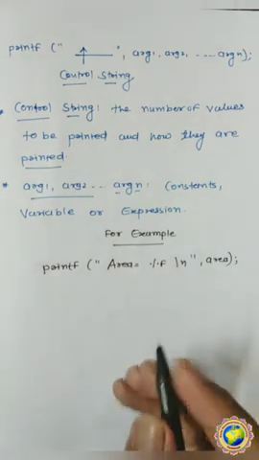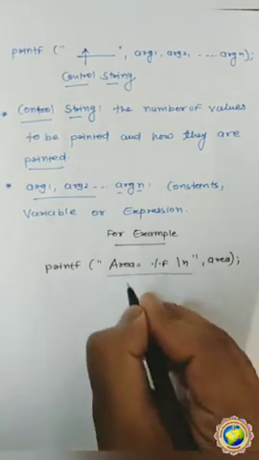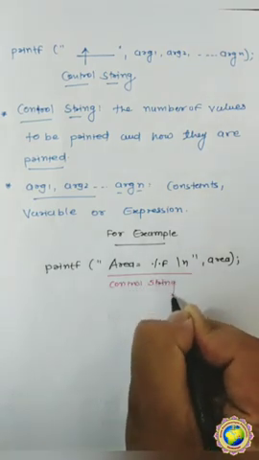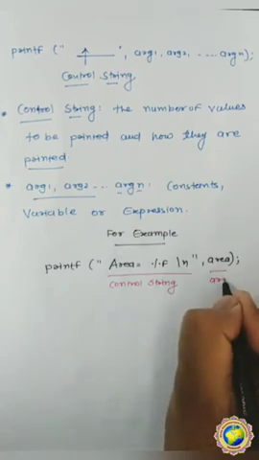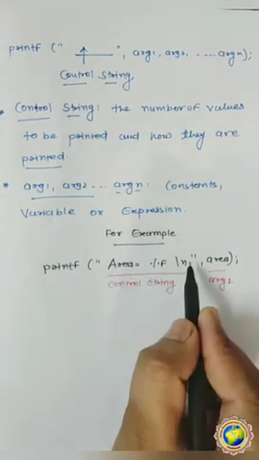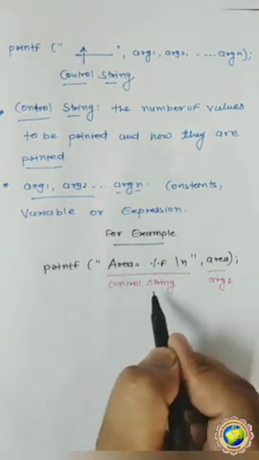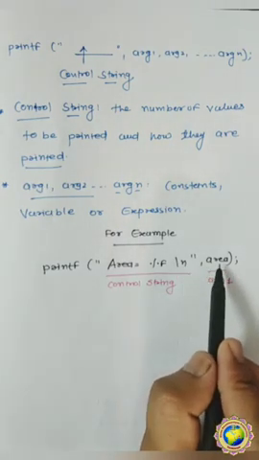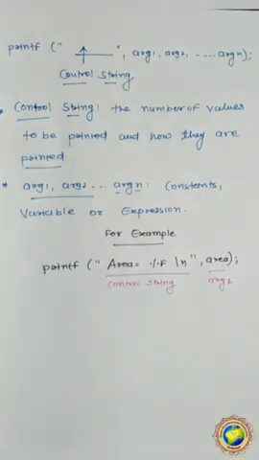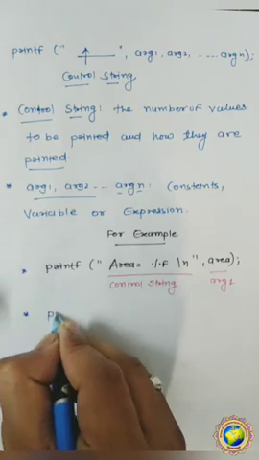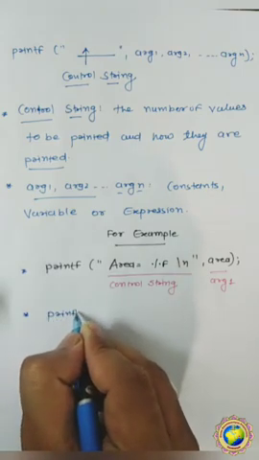Here, this is a control string, and here this is the argument 1. Okay, so between the double quotes is the control string, and after the double quote and comma we write the area, that is argument 1. Also, when we write the same, let's distinguish the different parts also.